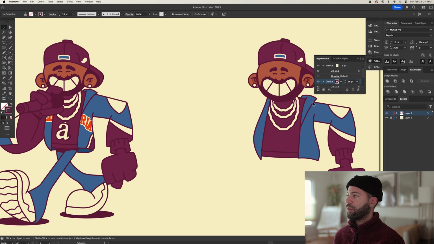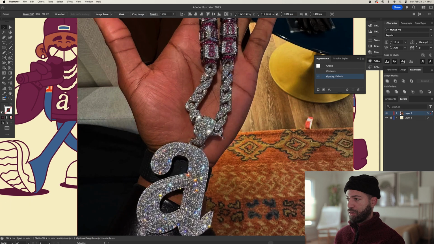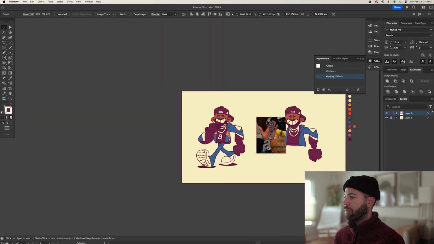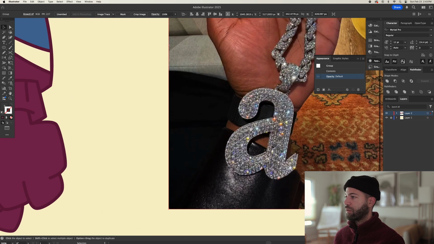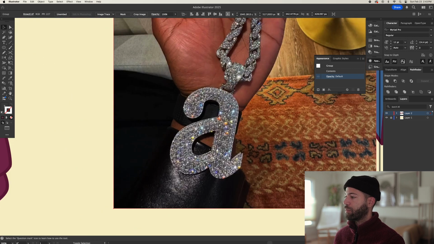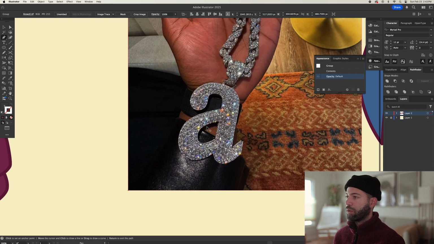For the A on this necklace, we're gonna bring in a reference photo. So I found this reference photo on Google. Basically, we just trace out this shape with the pen tool. So let's start off with this shape right here. We're just gonna use straight lines like we did before. Straight line, like that, and then curve it out,